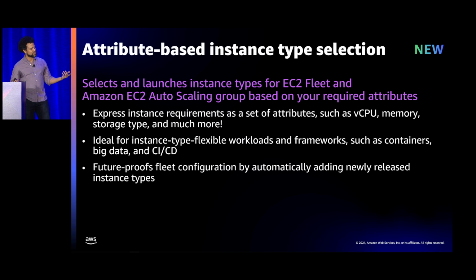If I look at what kind of workloads this is ideal for, anything that's instance flexible. Think containerized applications, for example. By definition, Docker is effectively an abstraction layer. Per task, you probably don't care about what the underlying hardware is, but what you probably do care about is how many vCPUs and how much memory I have per task. So you can afford to be very flexible across instance families. You can use C4s, C5s, M4s, M5s, the R series, and this makes it a lot easier to do that.